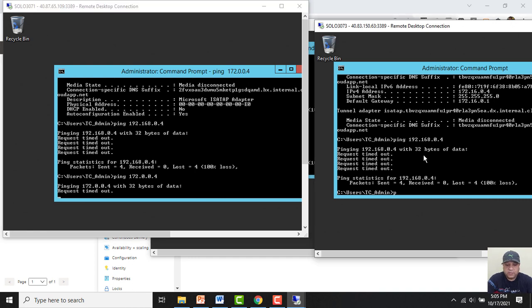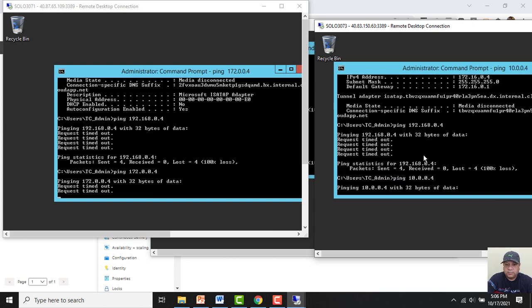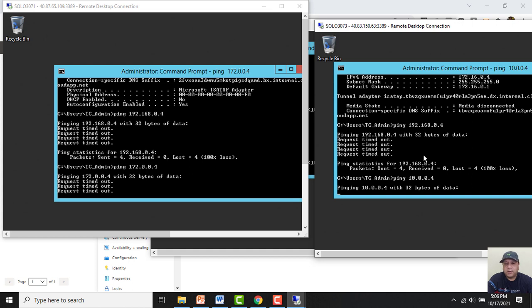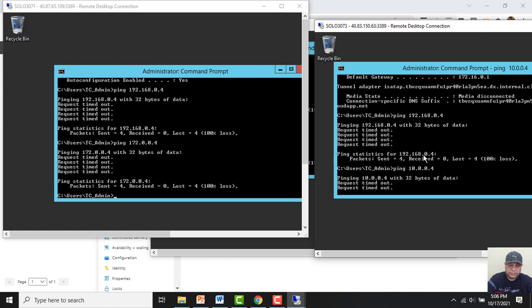Now from network C, let me quickly try to connect with network A. See, none of the networks are able to connect with each other and we are getting request timeouts.